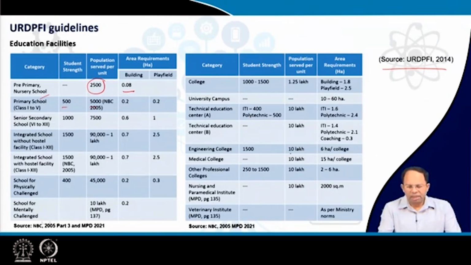We can say the engineering college has to be provided for 10 lakh people. There has to be one engineering college, and the size of the engineering college would be around 1500 people, right? For 1500 students, we have to build an engineering college. But a city may not have 10 lakh population and can still have an engineering college. So there may be so many things that need to be considered in the plans, or the services, infrastructure or facilities that we provide in an urban area. We have to consider many other things when we decide on provision of this kind of facilities.